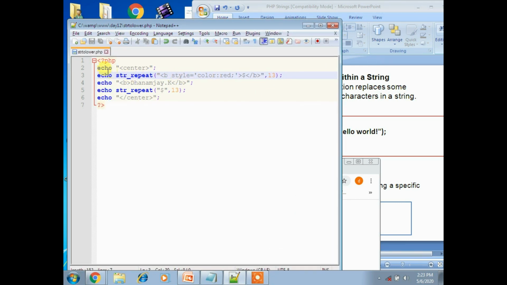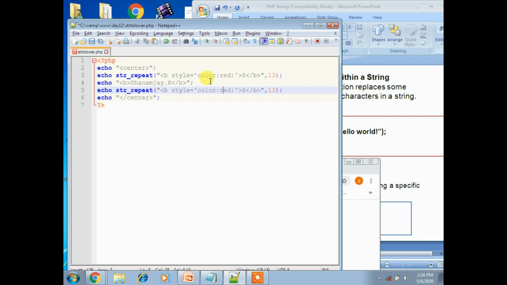Okay, let's see the code execution part. Here I have taken string repeat multiple times. I am placing HTML with CSS, an inline style sheet. I am applying a style sheet for the dollar symbol. In the same way, if you want to apply it for this one, you can apply it here. For example, I am copying the same thing and placing it here.